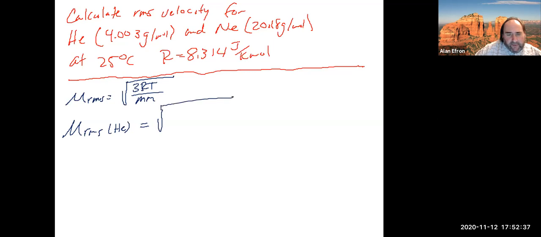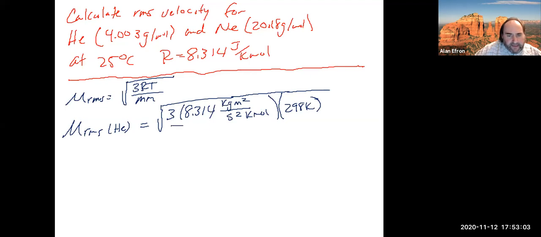So it's going to be the square root of 3, again our R here, 8.314, and it really is joules per Kelvin per mole. But if we substitute for joules, kilograms meters squared per second squared, we can see the units that we need. We need to convert our temperature into Kelvin, so that's 298 Kelvin. All divided by our molar mass. Because this is kilograms up on top, we need to take our molar mass and divide it by 1,000, and that should get us